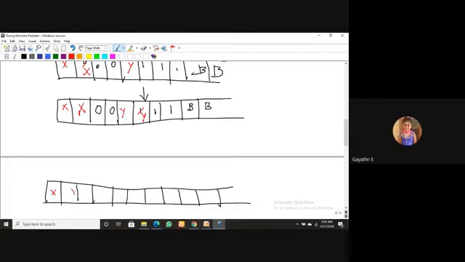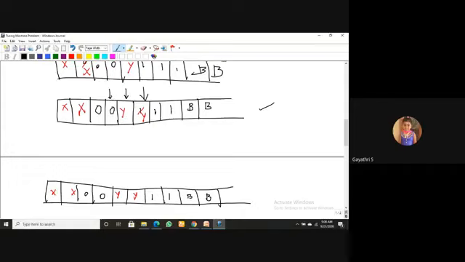So these are x x and these are y y, and these are y y and these are 1, 1, blank, blank. From this step, currently I'm in the position of the first 1, and that 1 is replaced by y. In the next movement, I will come to here. My goal is to find the leftmost 0. I'm reading the current input, which is y. So I will move one step left.